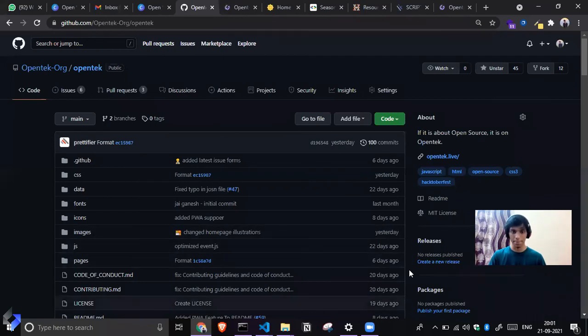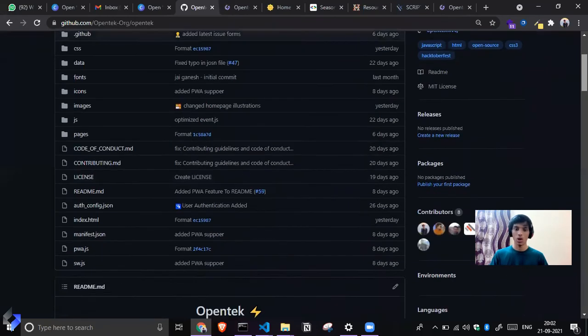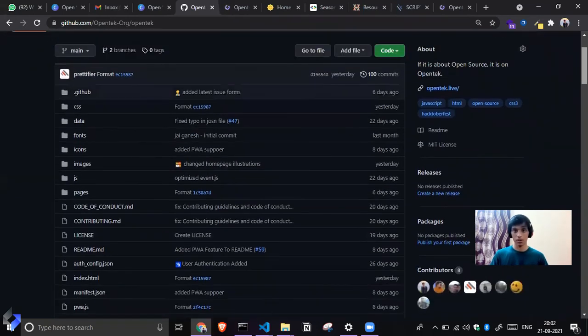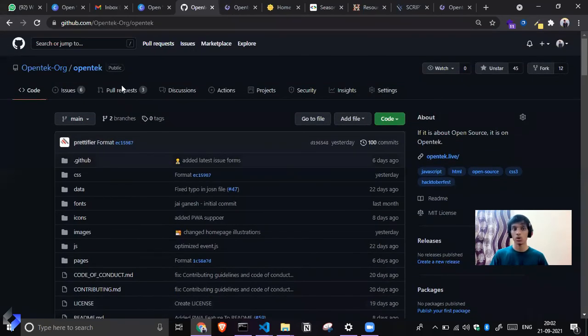Another question: if we just have to change a little bit of documentation, can we do that primarily on GitHub, or do we have to again get it on our local computer? No, you have to fork it. If you are working on some other repository, you have to fork it, because they won't allow you to change it directly.